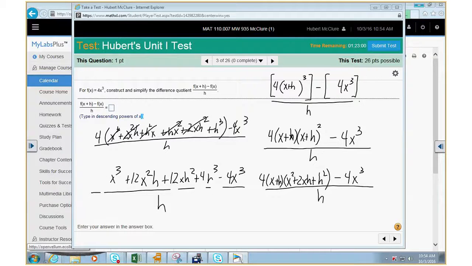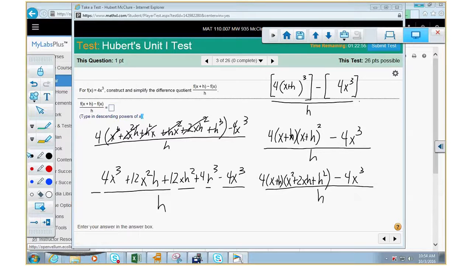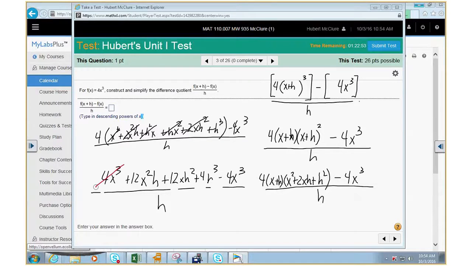And what happens to the 4x cubes? They cancel. And that's going to take that one out, and it's going to take one of these out, and it's going to take that out. And so our final answer is 12x